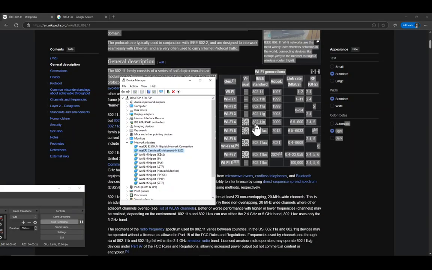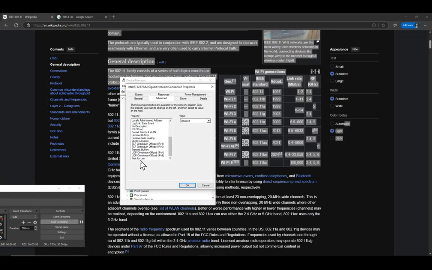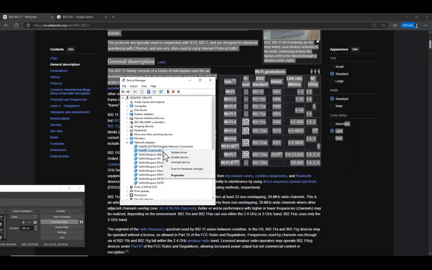It's not a common standard. If you select N, it may still work mostly on 2.4, and you get interrupted a lot of the time. Same for this one, AX. It may still work for both of them and may still select only 2.4. So again, I'm going to put this Wikipedia page in the comment section. Make sure you find the right adapter. I don't have wireless modes on this one, so only the second one has wireless modes here.